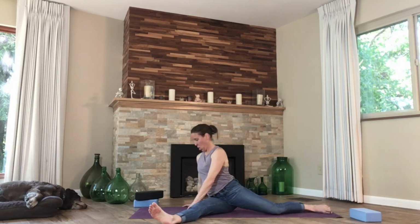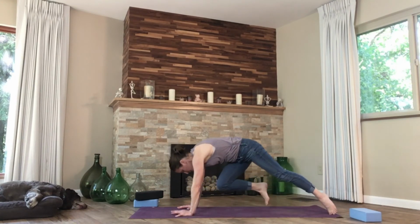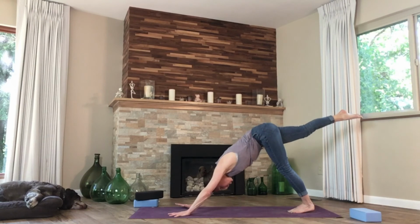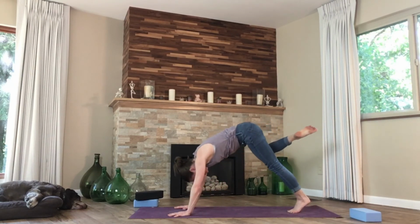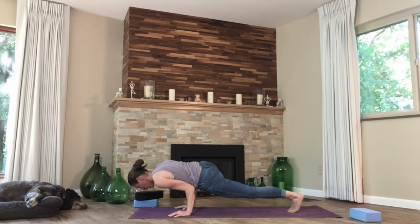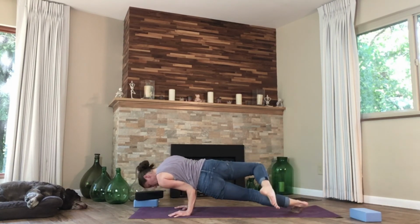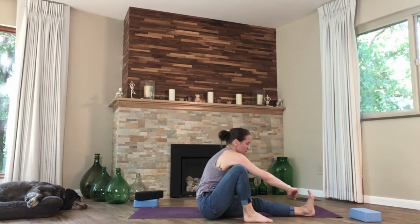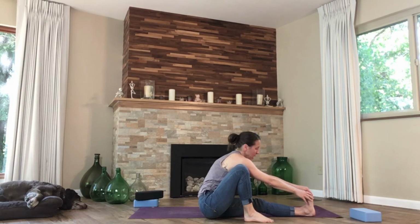Take that top leg, bring it back around, turn the torso to the front of the mat, lift the hips as the knee pulls in, and we rotate back to three-legged dog. Left leg is lifting. Draw knee to outside of elbow as we lower down. Take your left leg around the top as we rotate to the back of the mat and drop. We can stay right here and stretch